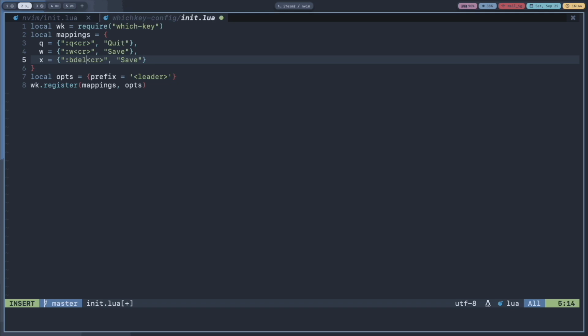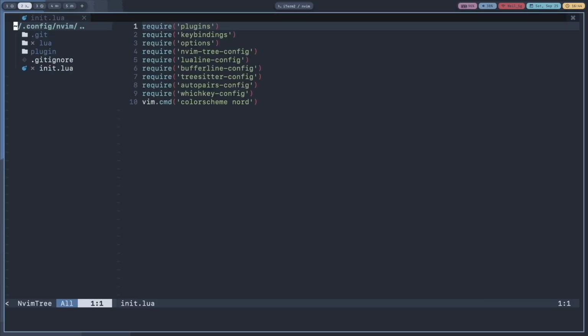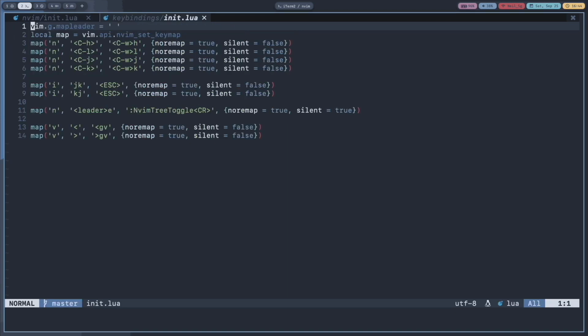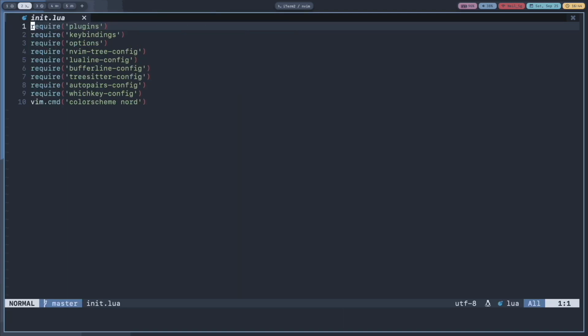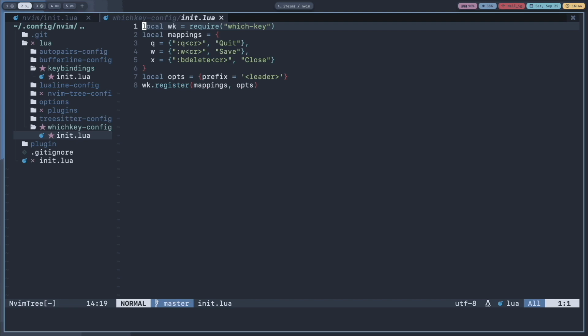This will close the buffer and close. Okay, now let's restart and let's open another buffer. Let's open our key bindings file and type space and X. It deleted the buffer.